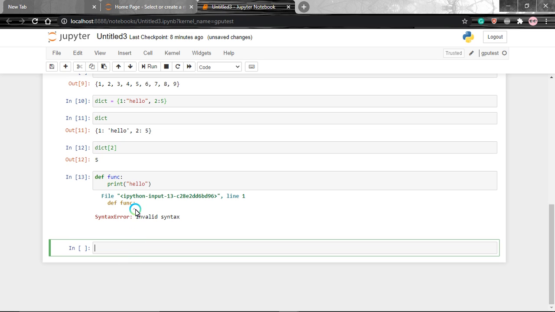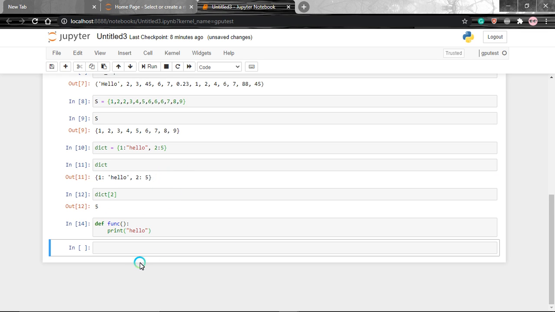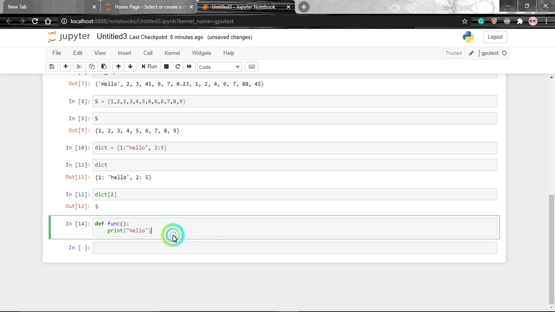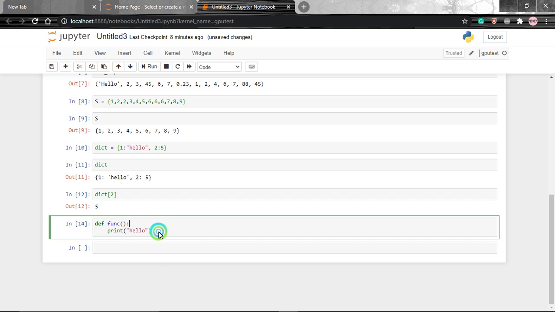So what was the mistake here is that we have to use small brackets for the function, right? It doesn't matter if you want to put some values to some arguments in this. It depends on the question. Let's say it requires no arguments.